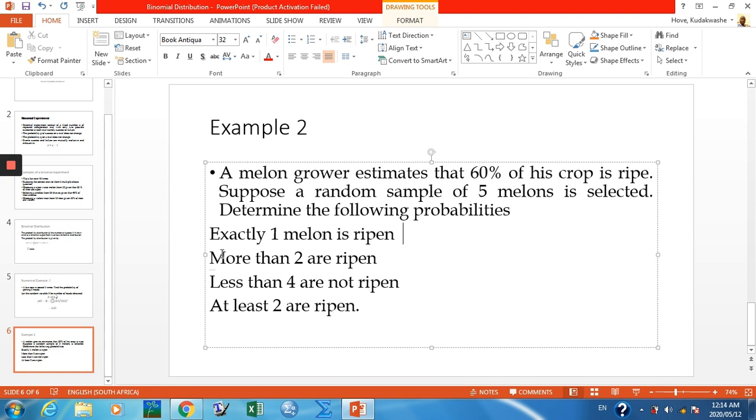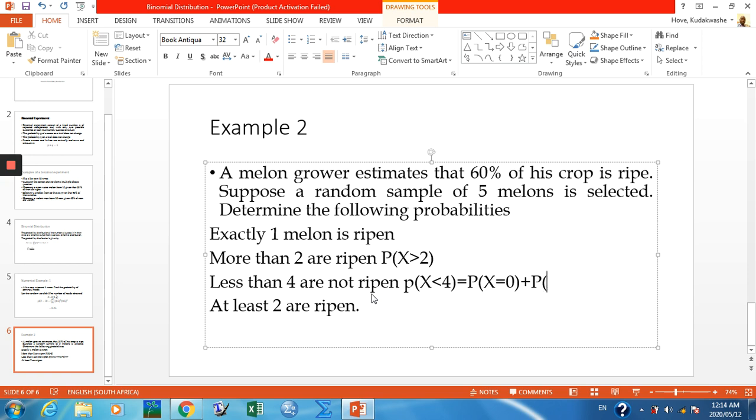Next, more than 2 are ripened. More than 2 means we are looking for the probability that x is greater than 2. Less than 4 means probability x is less than 4, which is the same as the probability x is equal to 0